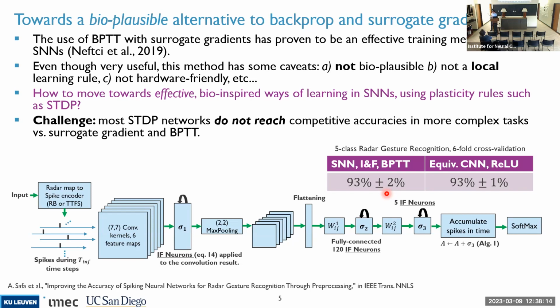On the other hand, we know that spike-timing-dependent plasticity can be used to perform learning at the edge in very low power SNN chips. And so the question then arises, how can we build an effective framework that can train spiking neural networks with STDP? A very bio-inspired kind of framework.